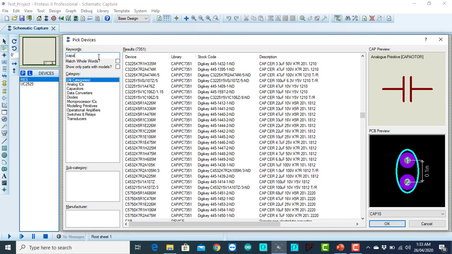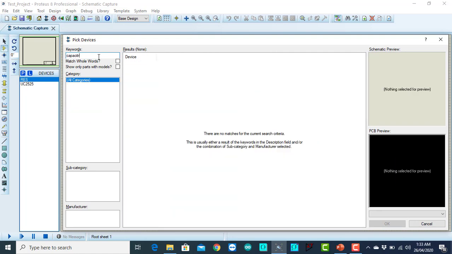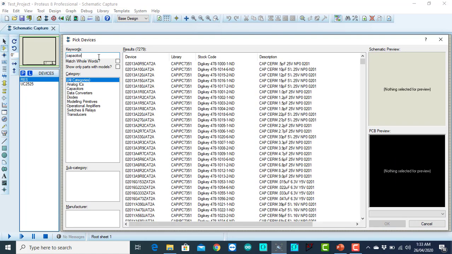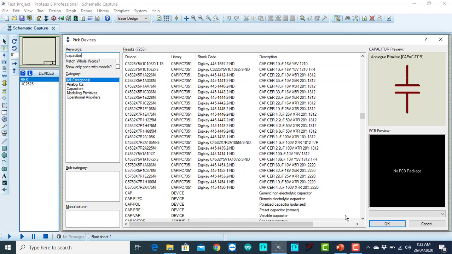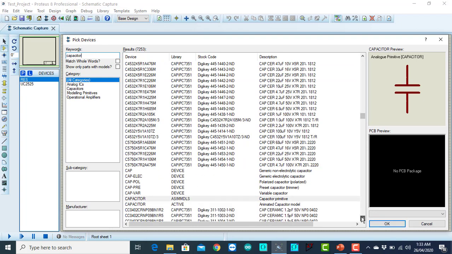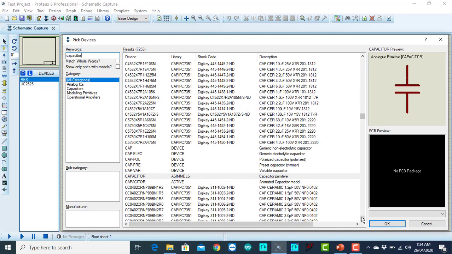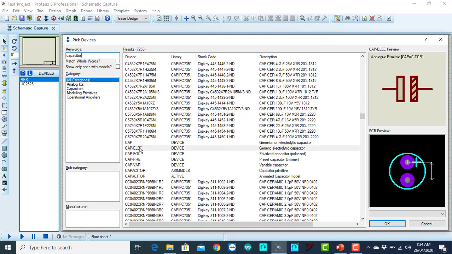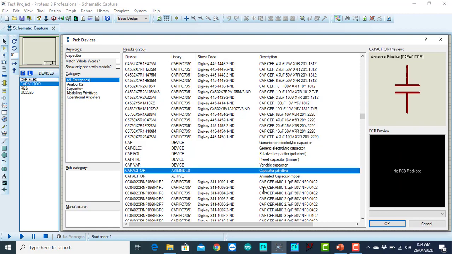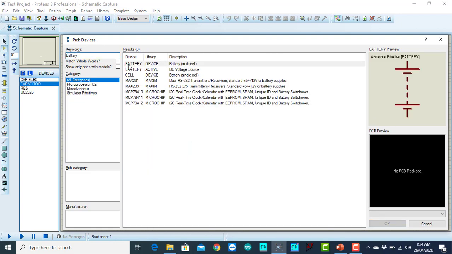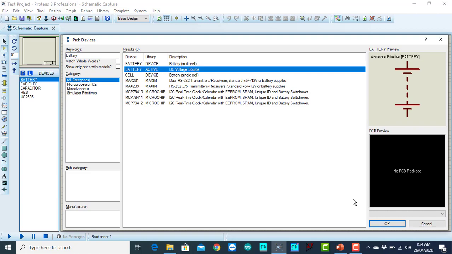I am going to pick the electrolytic capacitor and the non-polar capacitor. Then I need a battery, a voltage source. Okay, that's it.